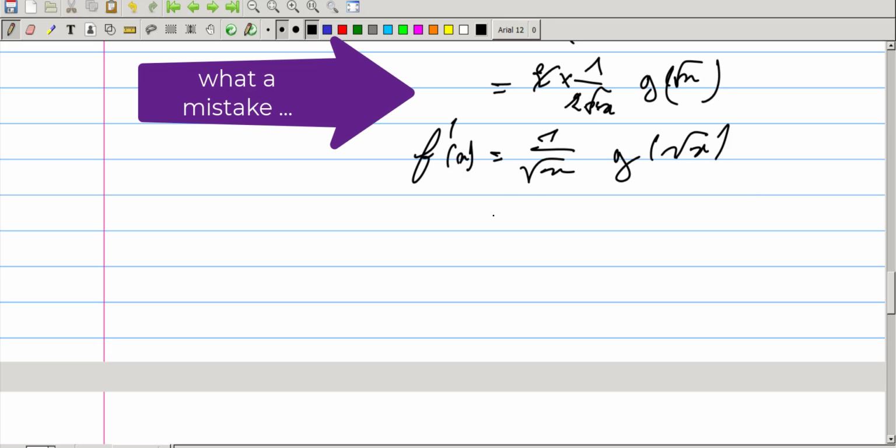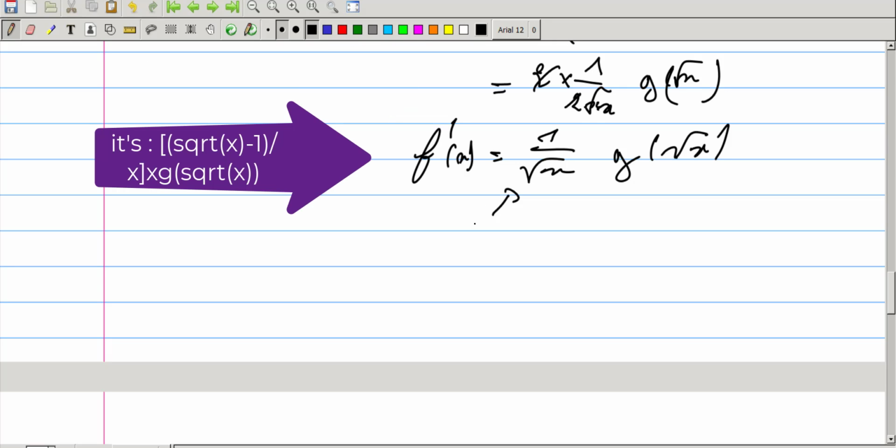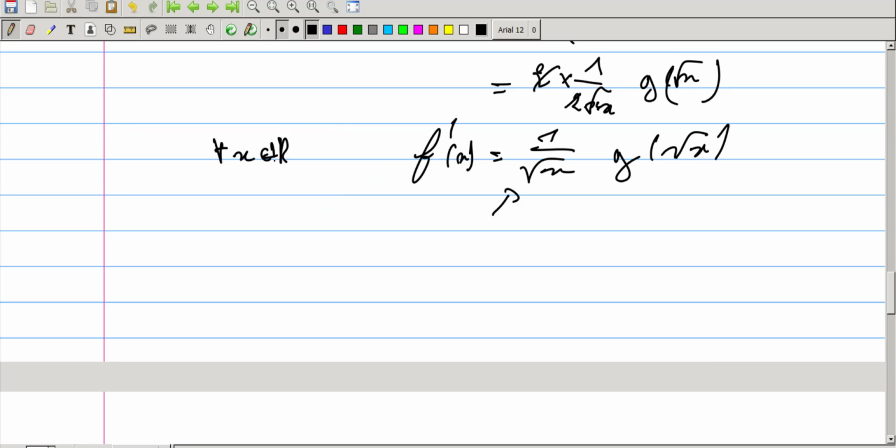So we have 1 over 2 square root of x, which is always positive for each x in R star plus. Cool. Now we just have to use the variations of our g. So let's move on to